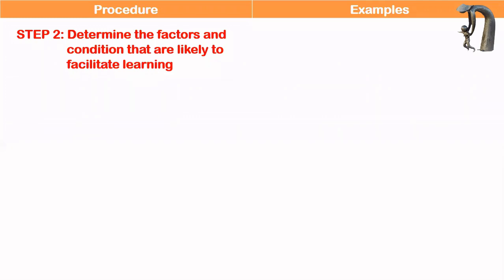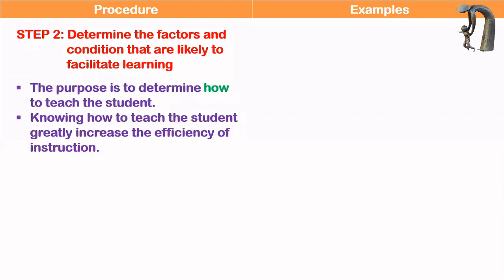Whereas here, how to teach the student. Okay, the purpose is to determine how to teach the student with learning disability or any other developmental disability. So the teacher must know how to teach the student so that it increases the efficiency of instruction. If the teacher knows how to teach, it can greatly increase the efficiency and effectiveness of the teaching. Okay, so that's why we need to determine the factors, the conditions, the settings which can facilitate the